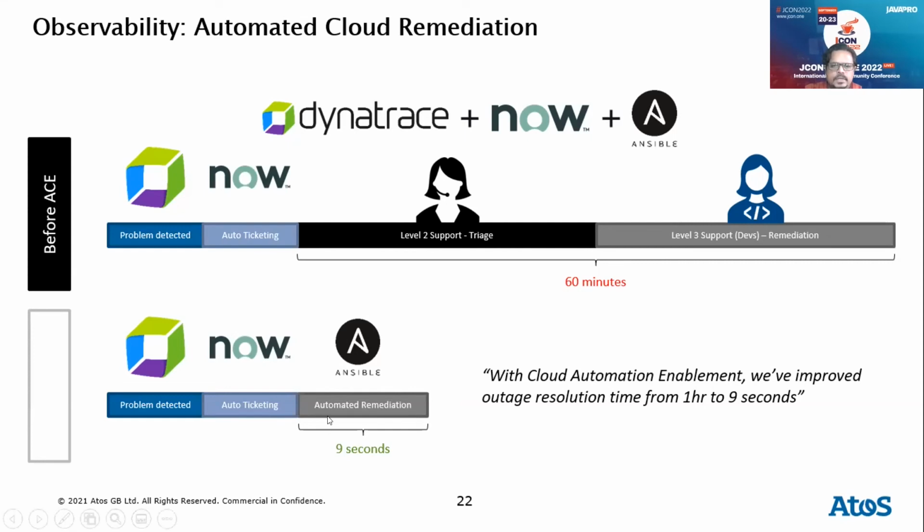Ansible is a solution where you have your infra as code, so you can leverage Ansible to manage your entire infrastructure, entire cloud infrastructure, entire on-premise infrastructure. So if a virtual machine needs to be deployed or restarted, Ansible is what will do it for you. So this is basically two different scenarios that we are comparing, right? The first scenario takes about 60 minutes, and the second scenario happens in 9 seconds.